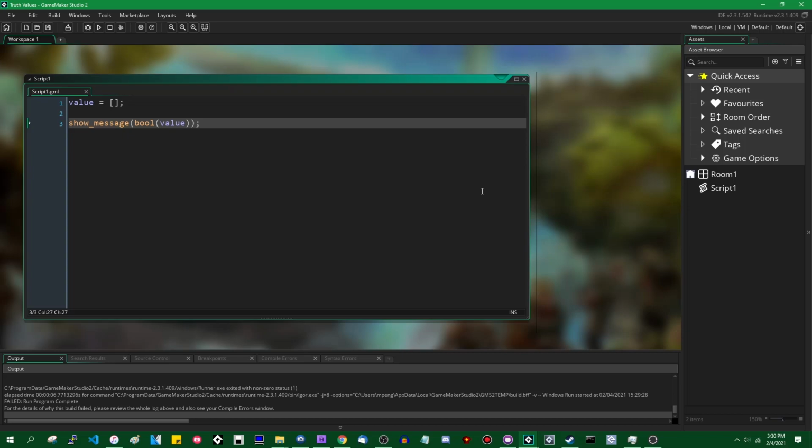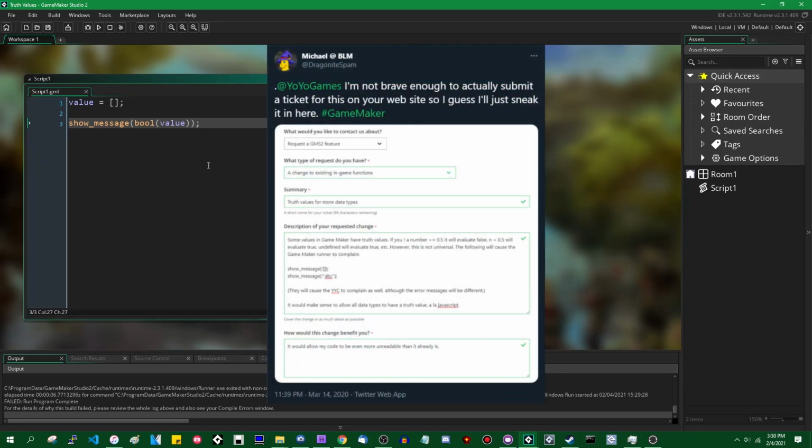as long as you understand what they're doing in your code, and I guess by extension, as long as anyone else who might want to read your code can understand what you're doing, then it's perfectly allowable. It's not like you're taking advantage of a bug or anything like that. I've considered submitting a feature request to GameMaker to give things like strings and arrays and I guess now pointers truth values so that you can use them as truth values, but I am not actually going to do that